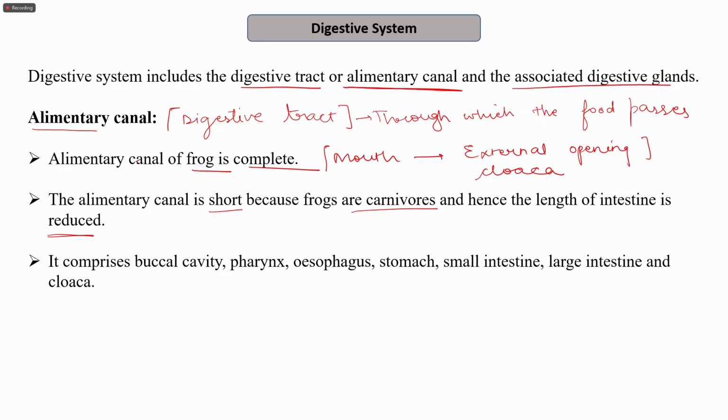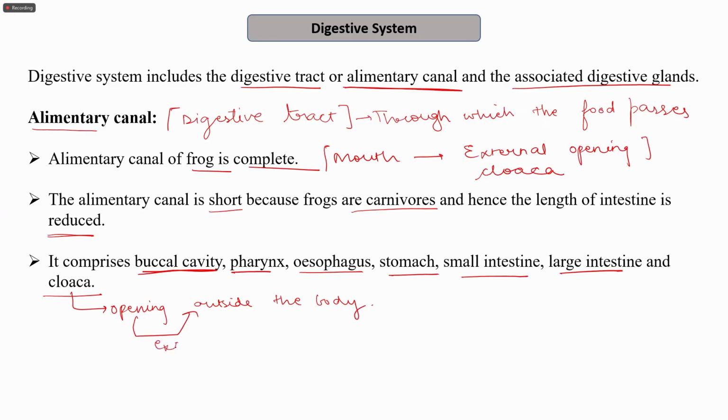The main parts of the alimentary canal are the buccal cavity, then pharynx, esophagus, stomach, small intestine, large intestine, and cloaca. The cloaca is the opening outside the body, an opening that helps in excretion,